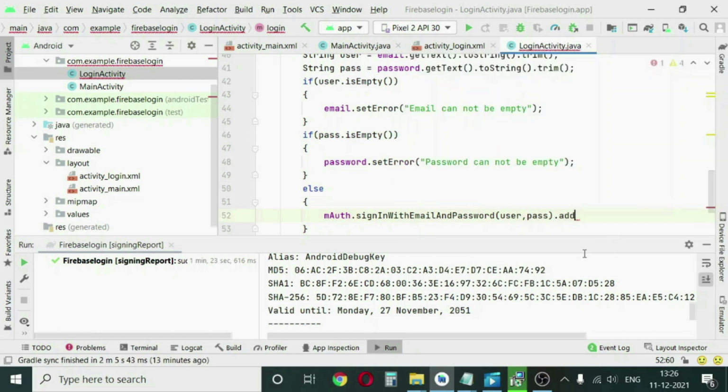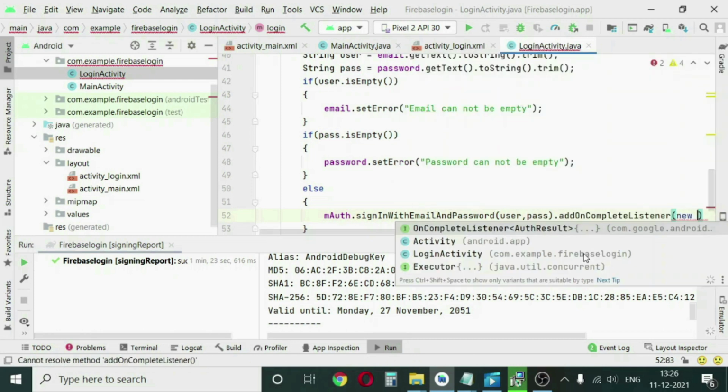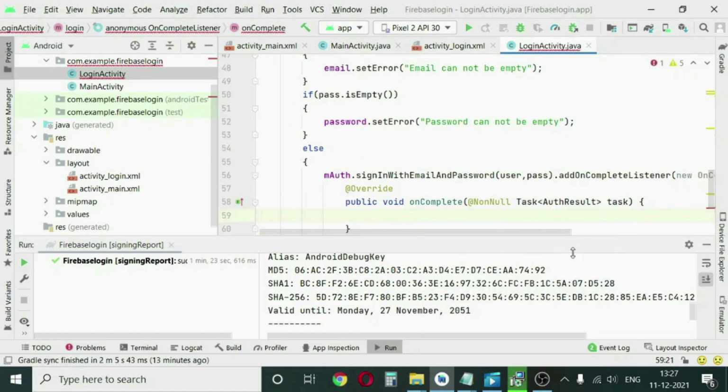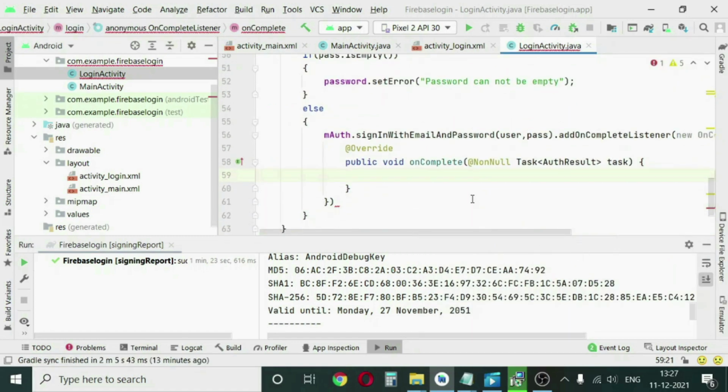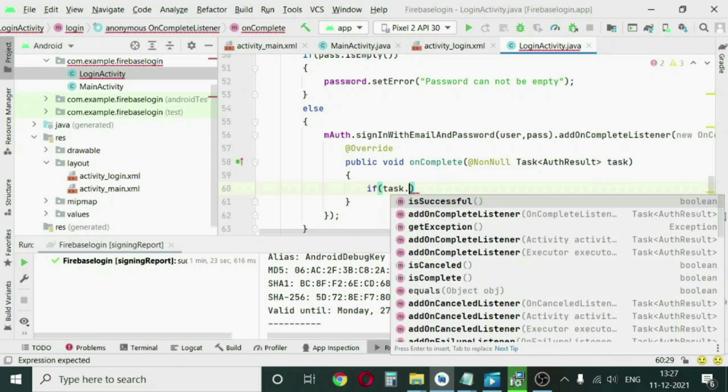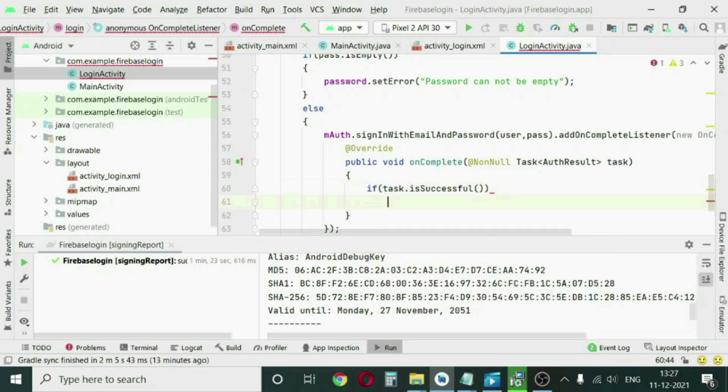Now we have to add an on complete listener. So dot addOnCompleteListener. These things will come, put a semicolon here. And there is a task variable. So if the task is successful, we will show a toast message inside the login activity.